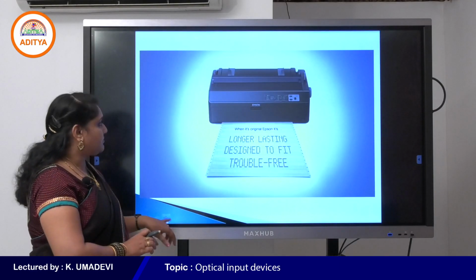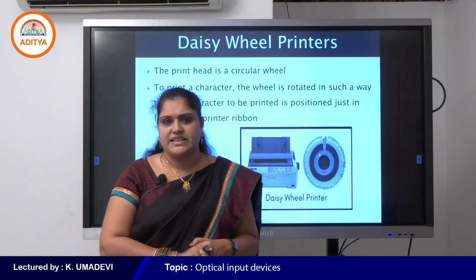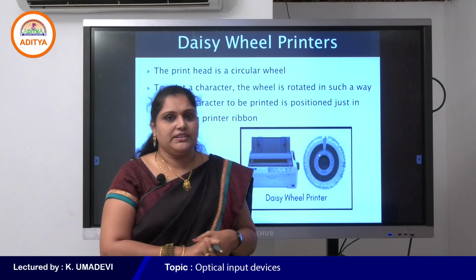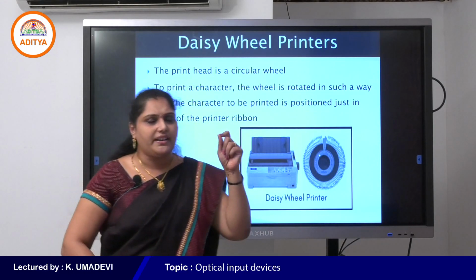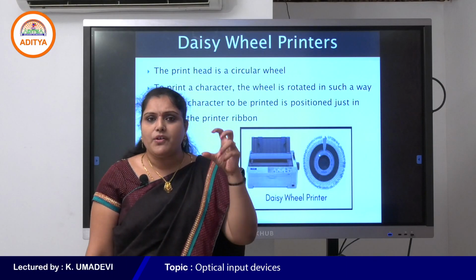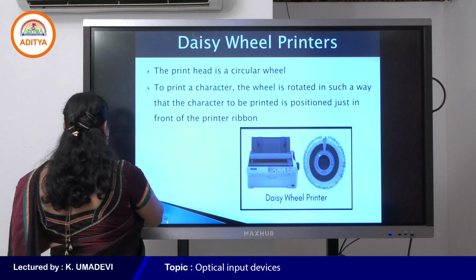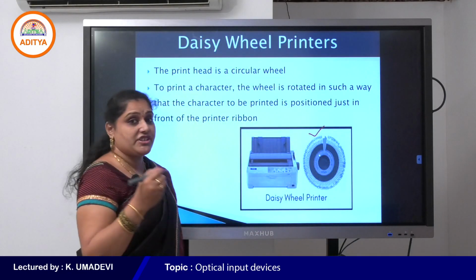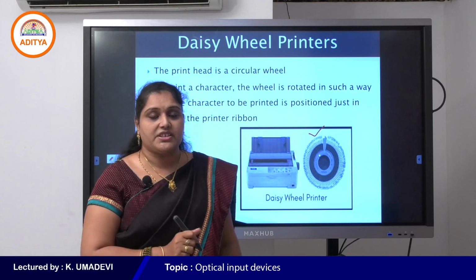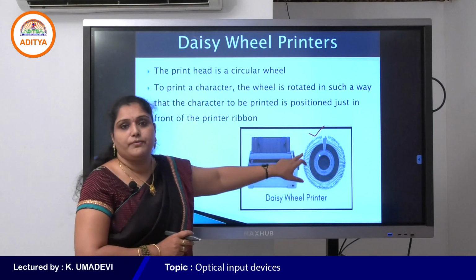Next one, daisy wheel printers. Why is this printer called a daisy wheel? See, these printers contain a metal or plastic disc as the print head. This is the metal or plastic disc which is included in these printers. It looks like a daisy flower.